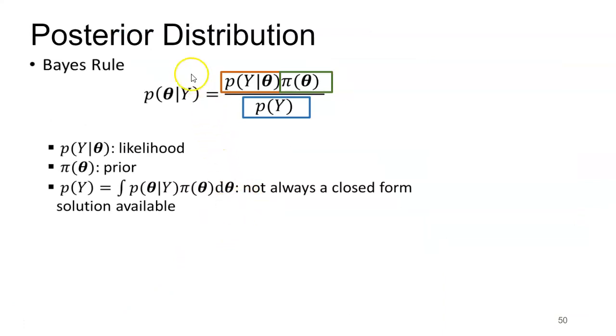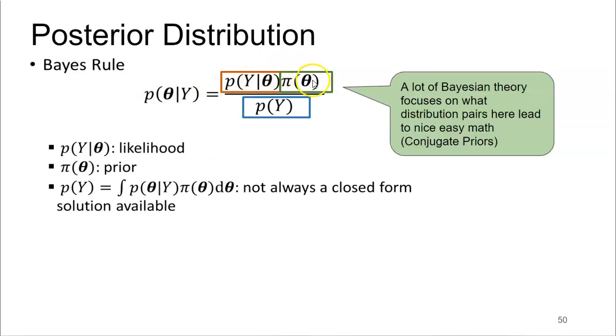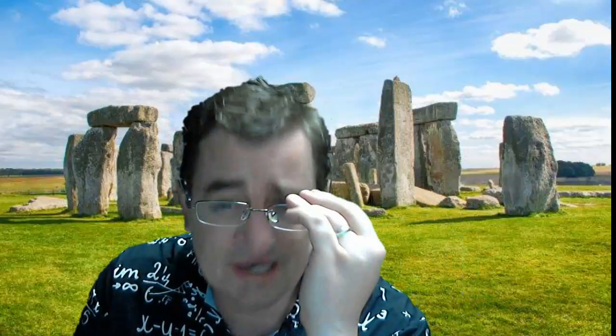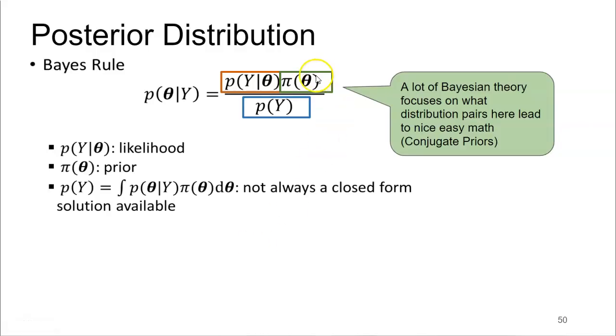Here is the way the math looks. The posterior distribution is a combination of the prior times the likelihood and divided by some constant that makes it come out nicely so that you have probabilities, because all the probabilities have to add up to 1, rules like that. If you take a Bayesian class, you'll find they spend time, personal opinion, maybe too much time focused on how to pick a prior that works out really well mathematically with the likelihood so that you end up with nice, easy ways to calculate this value down here. Because this needs to be a function of the data, so this is going to have y values in it.